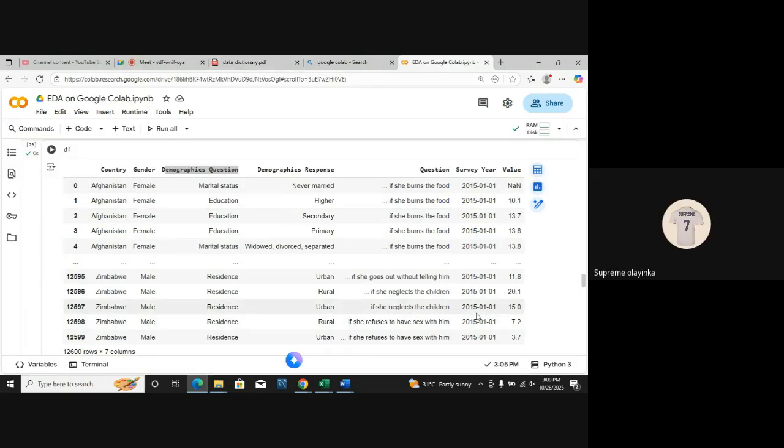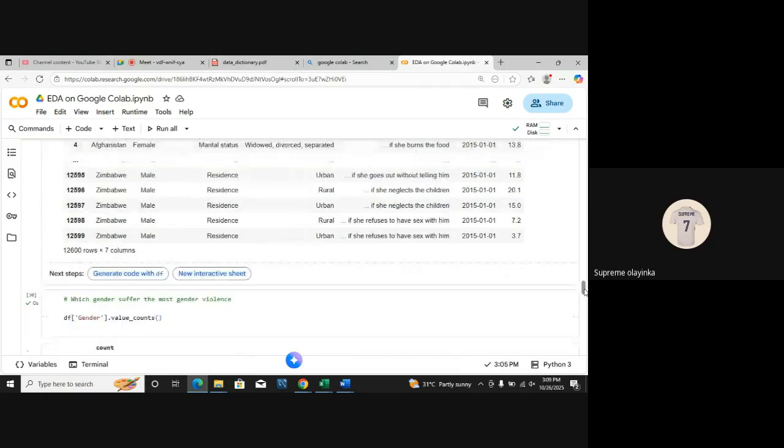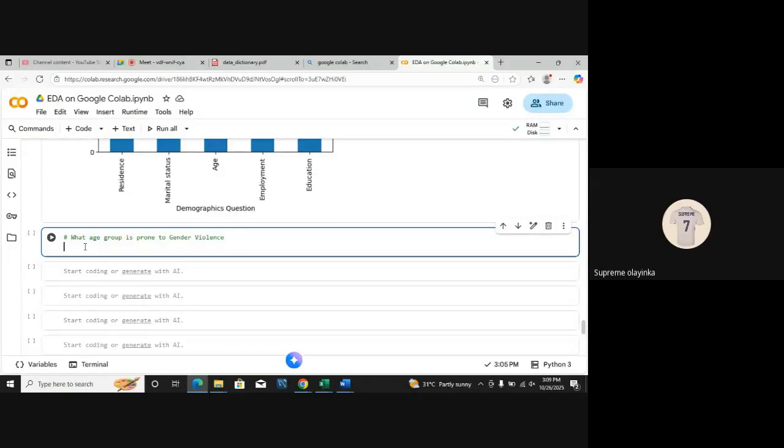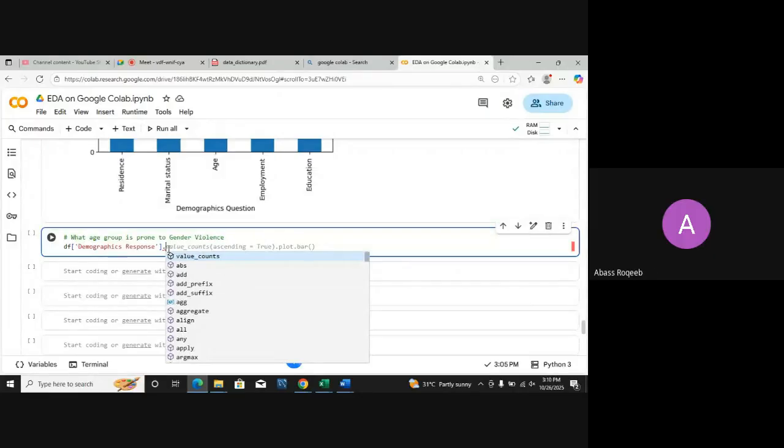Okay, just DF, then the bracket of columns. Then demographic. Okay. What are we trying to do? Dot count value. Is it count value or value counts? Value counts, sorry.